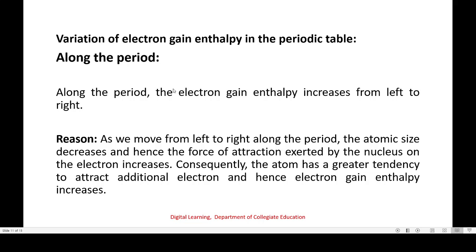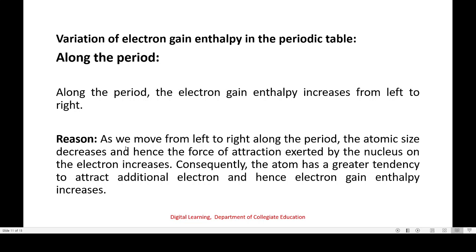Coming to the variation of electron gain enthalpy in the periodic table. In general, when we take the variation of electron gain enthalpy, it decreases down the group and it increases along the period. So when we look along the period, the electron gain enthalpy increases from left to